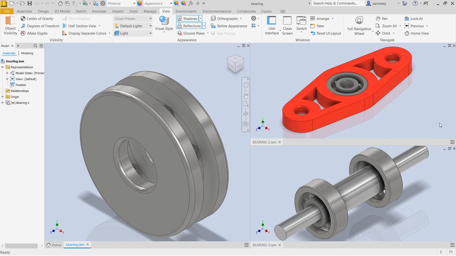Throughout this tutorial, we will explore the entire workflow from selecting the appropriate standard and bearing category to defining the placement references and inserting the bearing into an assembly. To make the process easier to understand, we'll work through two practical mounting scenarios. First, we'll place a bearing onto a shaft, and then we'll see how to install a bearing inside a cylindrical